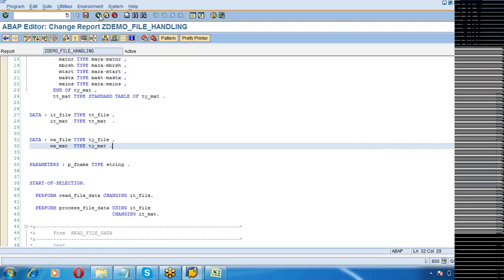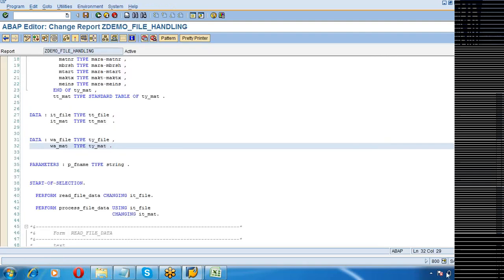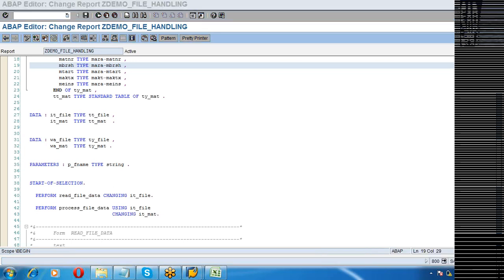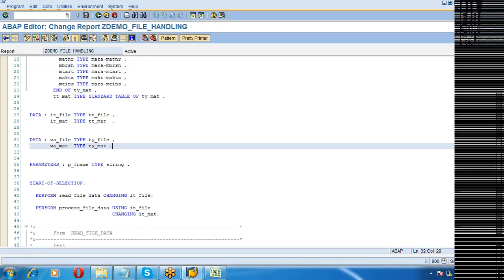You have to ensure. This is the reason why the layout of the file is very, very important. It's extremely important that you have the layout of the file. Based on the layout only, you will define your file, you will define your fields, you will define the order of the fields, and define the separator that is going to be used in the field. All these things come with that. Okay.